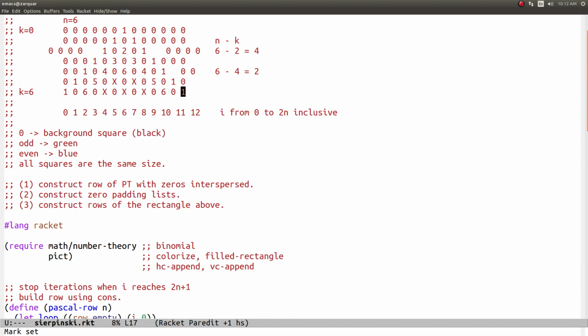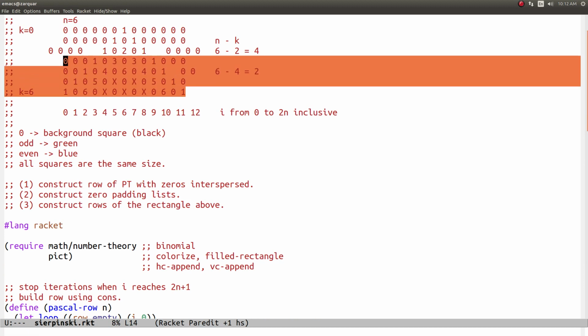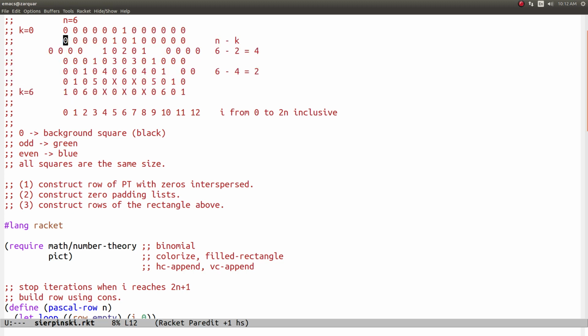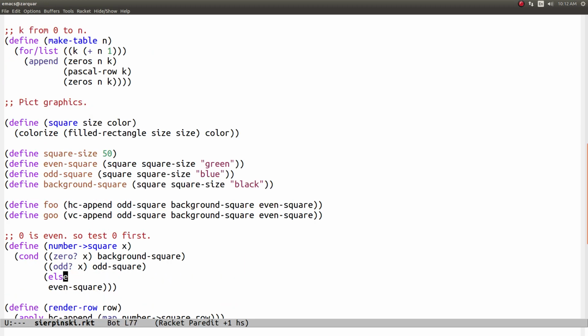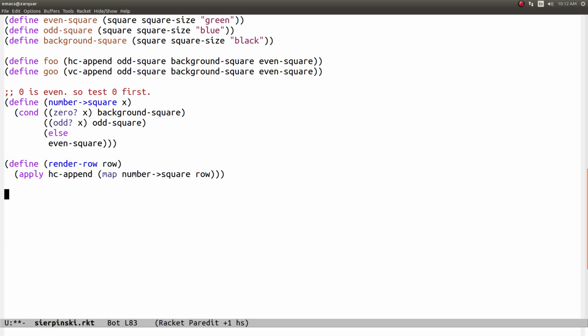Okay, we did the horizontal stacking. Now we've got to stack vertically like this. So there's one more function we need to do. One more. And I'm going to call this render, as in render the whole Sierpinski triangle of order n. So I'm going to apply a vertical stacking and map render row. I'll explain the logic of this one-liner in a minute. Make table